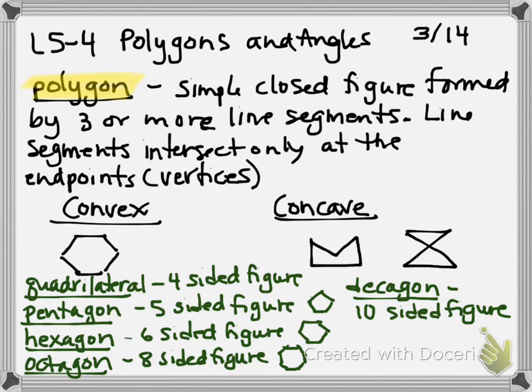So, here's what we're going to do. We're going to explore polygons and their angles. Since we already know what the angles measure in a triangle, we're going to see if we can figure it out for other shapes. So we're going to create a little chart. Our chart is going to have 4 columns. The columns are going to be number of sides,